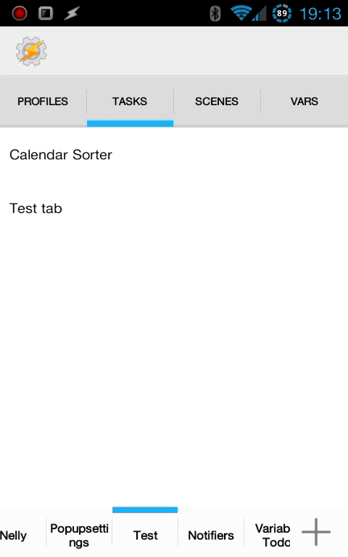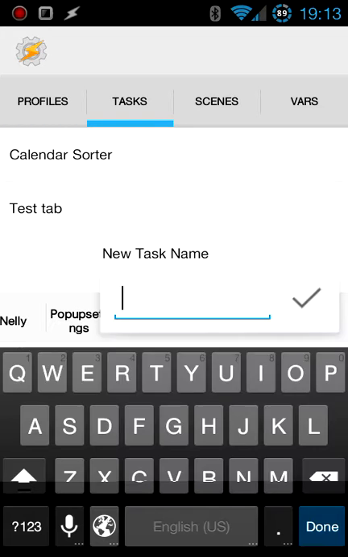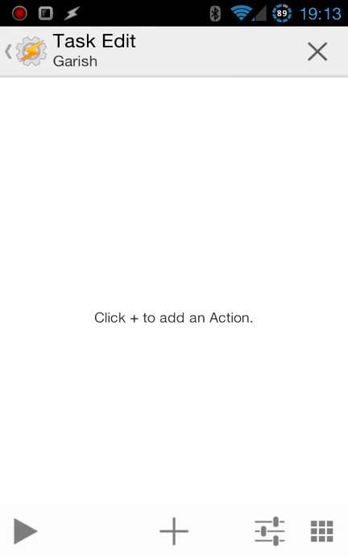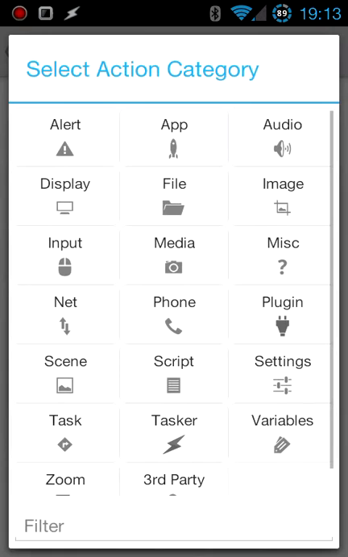So just to show you an example, I'm going to create a task that processes data that I get from online and just show you how you can use a flash message to make that process easier. So I'm going to start by just doing a